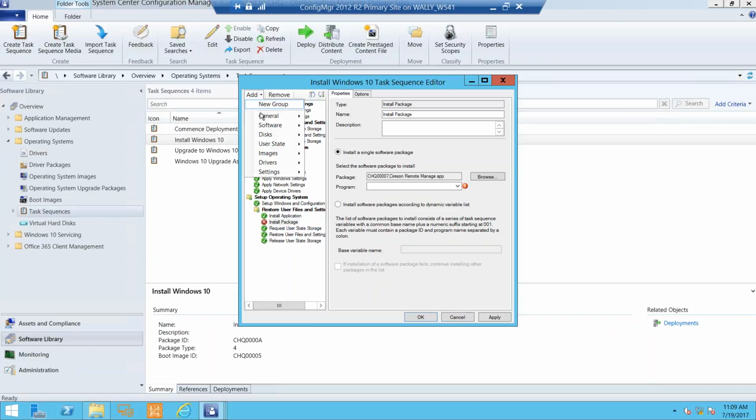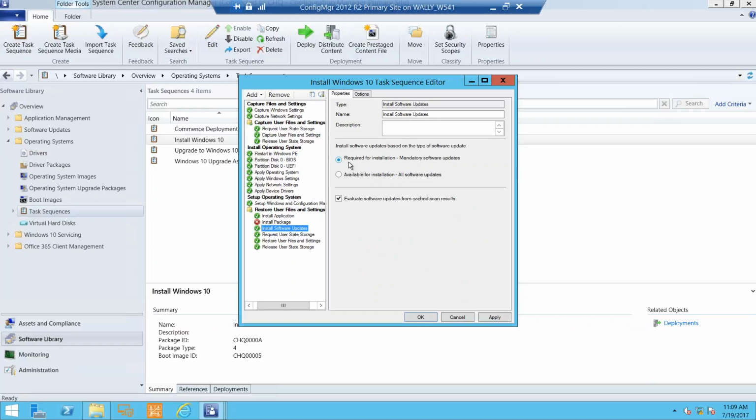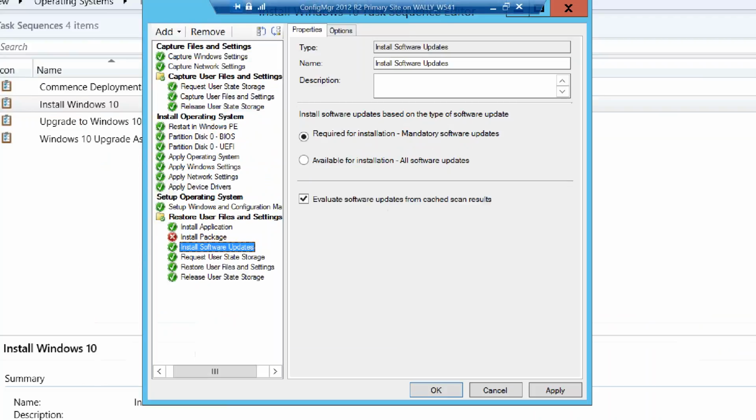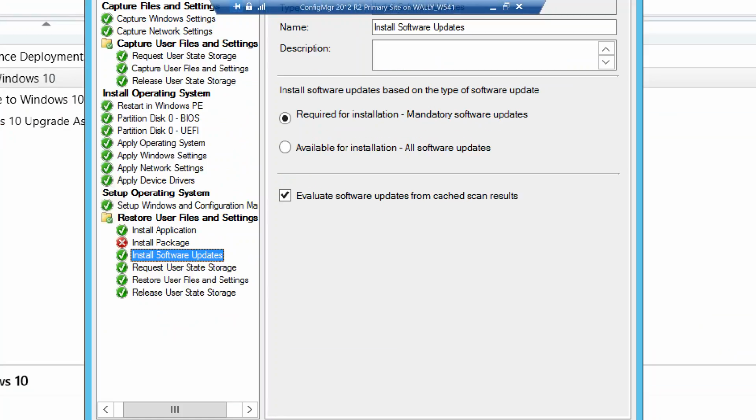And then for software updates, required for installation, available for installation. So all software updates that are applicable to the client or only those that you set as mandatory or required for the client. And then there's a new option here that's, evaluate software updates results from